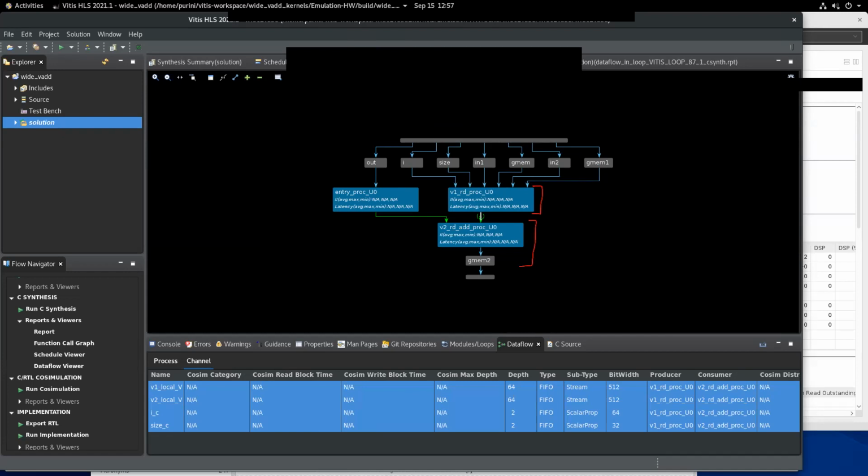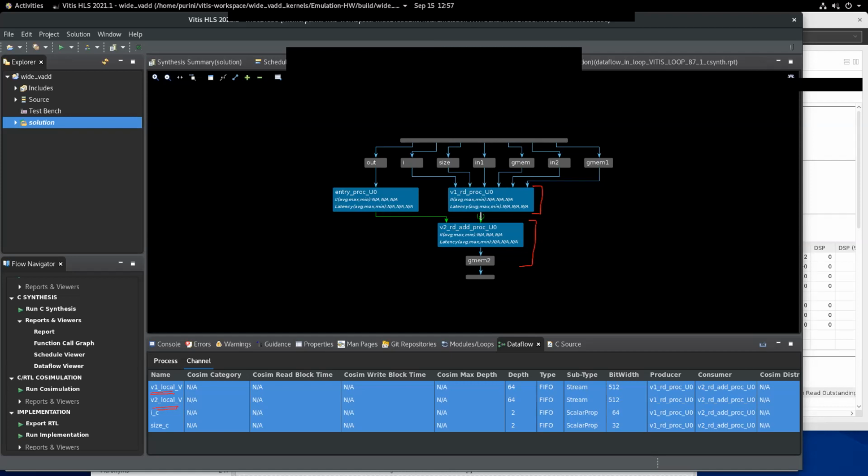Two FIFO buffers, V1 underscore local and V2 underscore local, connect these two loops. The data read by the first loop is streamed to the second module, so the second loop doesn't wait for the completion of the first loop. As soon as data is available, the second loop starts executing.